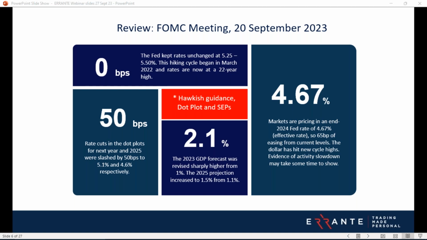But he said there is still more work to do. He delivered really a hawkish hold then, with clearly stronger than expected economic forecasts that marked a big surprise really for markets. So the Fed revised up this year's GDP forecast, as we've got here, to 2.1% from 1%, 2024 to 1.5% from 1.1%. And then 25-26 forecasts were left unchanged at 1.8%. Interestingly, the peak in the unemployment rate also was moved lower to 4.1% next year and the year after from 4.5%.